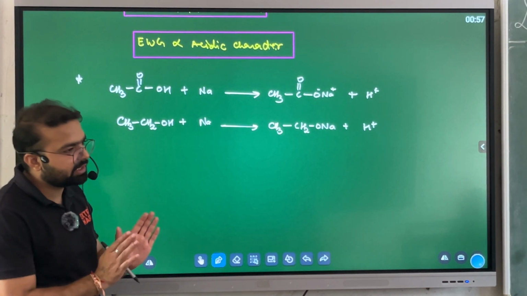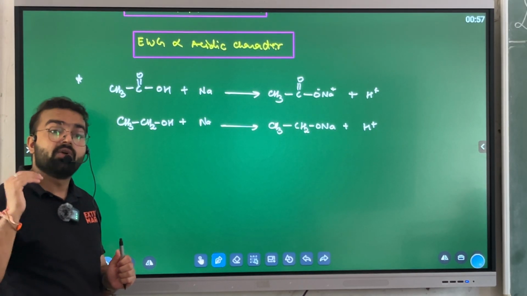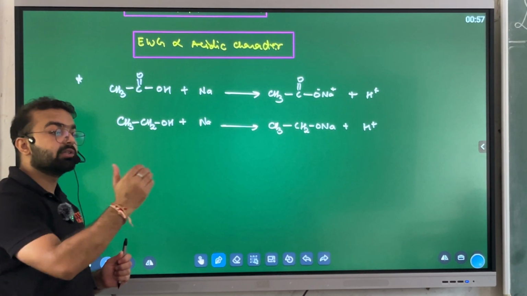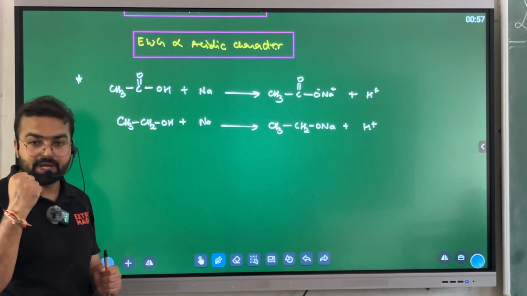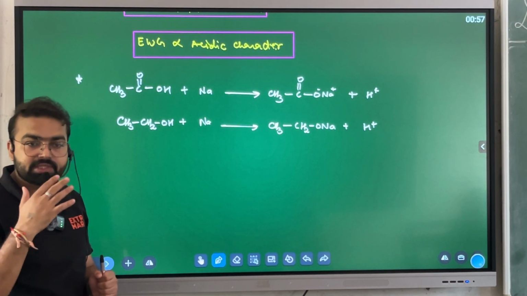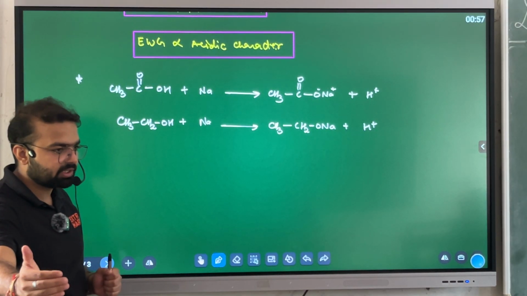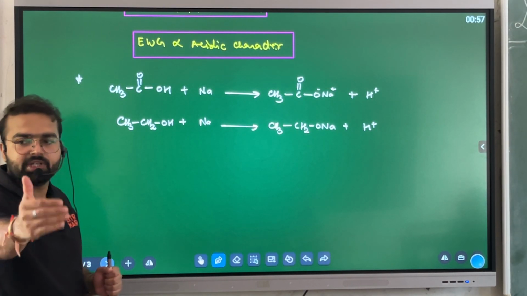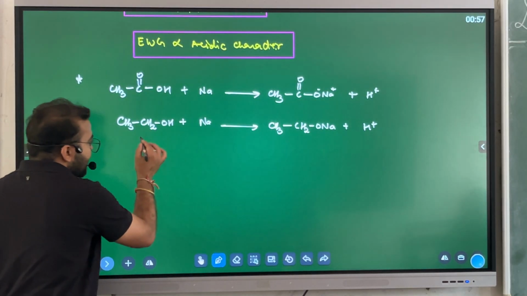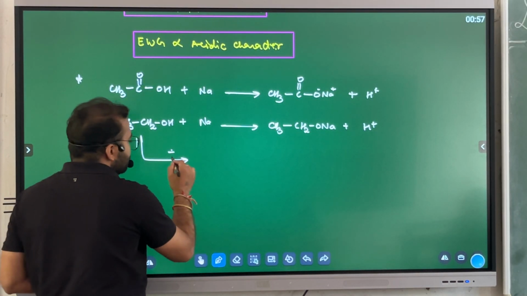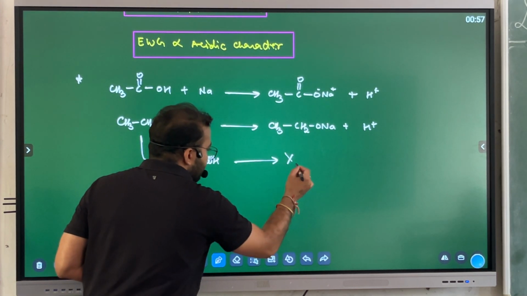Means they are good acids, but they do not have a very high intensity of acidic nature in comparison to the carboxylic acid. So the acidic potential of the alcohols is very low in comparison to carboxylic acidic potential. So that's why if I take the alcohol again and do the reaction with NaOH here, the reaction will not take place